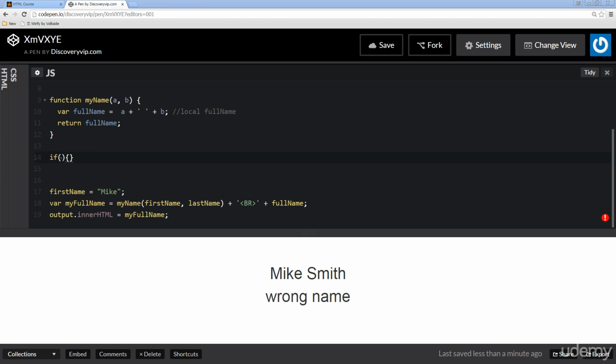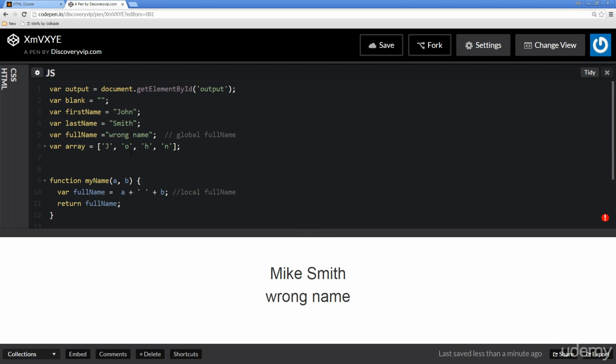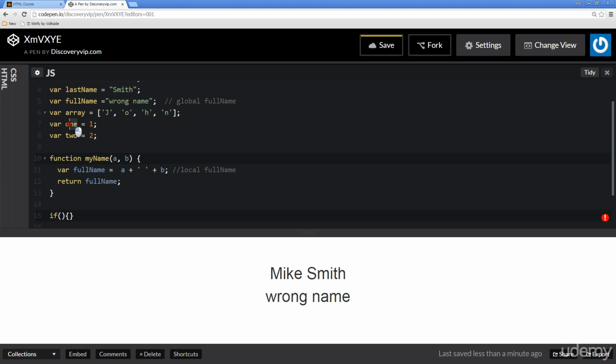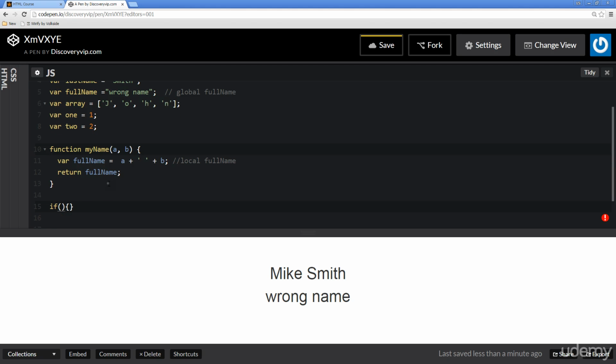a lot like the English language, where you have if, and the if is just asking the question. So if, and let's just set some values here. So variable 1 equals 1, variable 2, because it's going to be a little bit easier to illustrate this initially with integers. So if we have a value of 1,